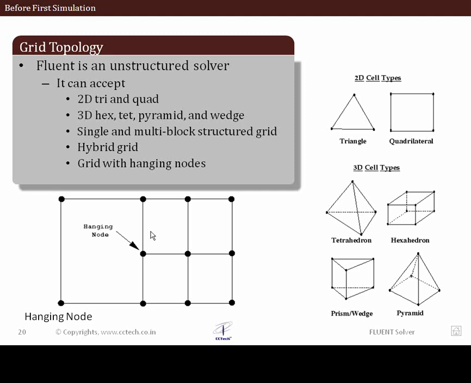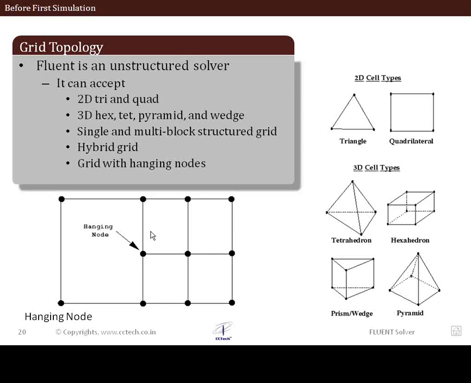Once we are done with having an idea about the different kinds of possibilities by which we can do some mesh modifications, we can also have a look at how the grid is understood by Fluent. So Fluent can basically accept any kind of unstructured mesh element. It can be a hexahedral, tetrahedral in 3D, or it can be a prism or pyramid as well in 3D. In 2D, it can have triangles and quadrilaterals, and what it can also do, since the 6.3 release, in all the subsequent releases, Fluent can also accept polyhedral mesh, either in 2D as a polygon or in 3D as a